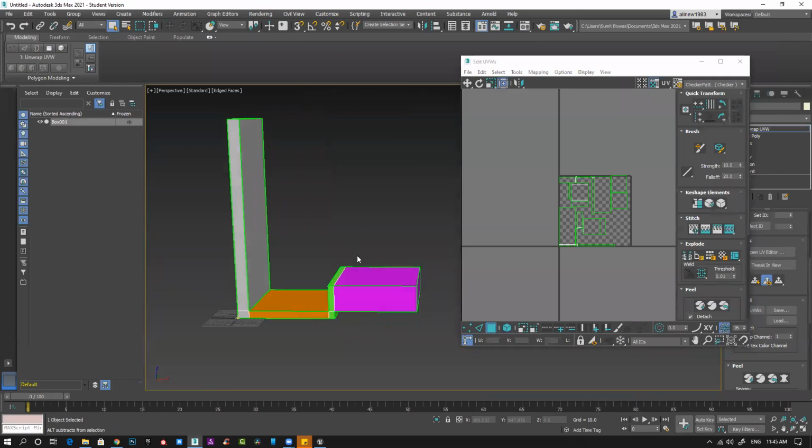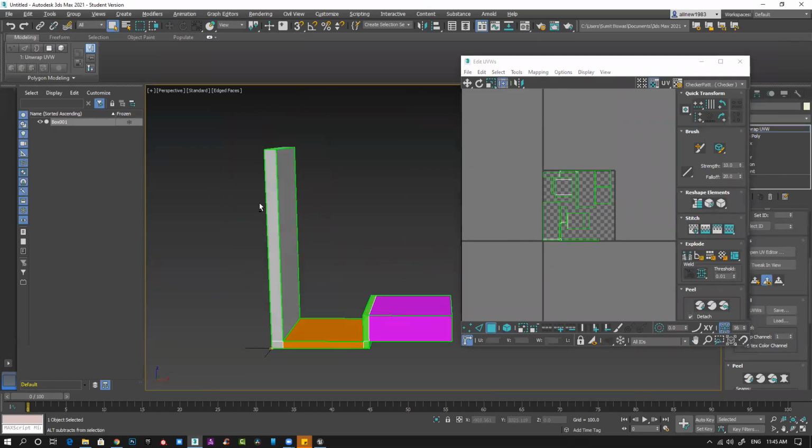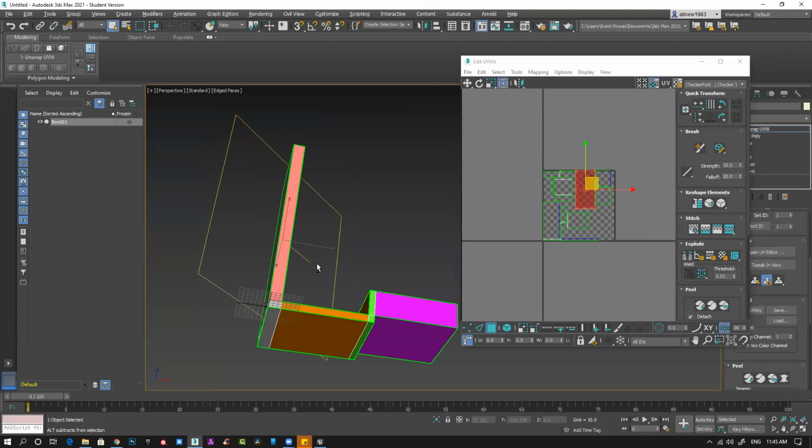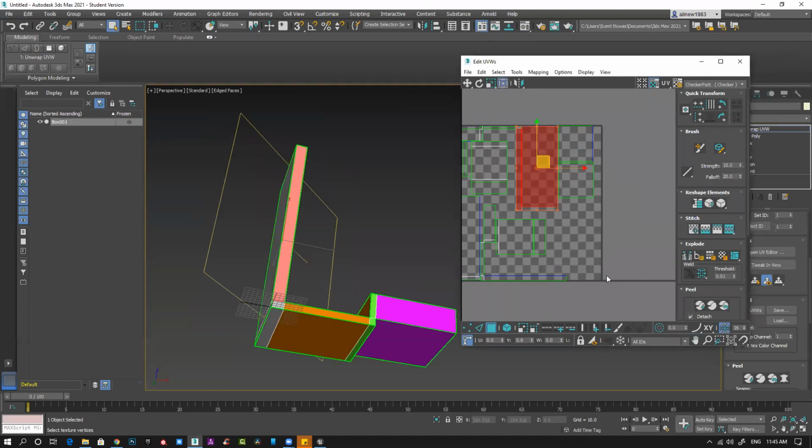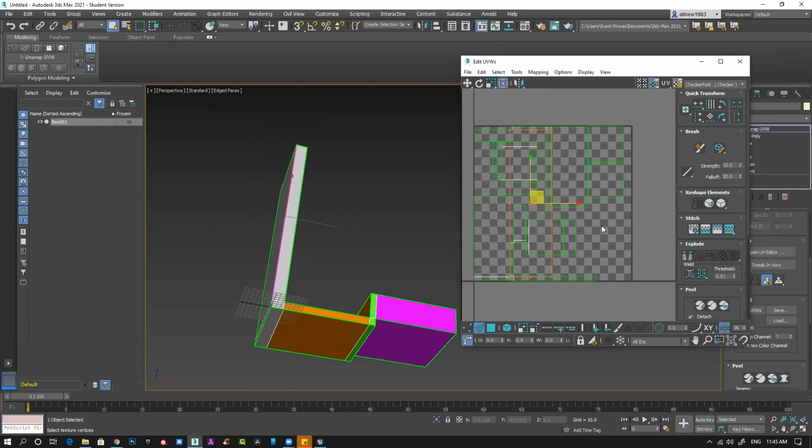Everything is flattened. So let's see. I have to make sure all these parts that are sharing the same texture, as per my planning, should be together.